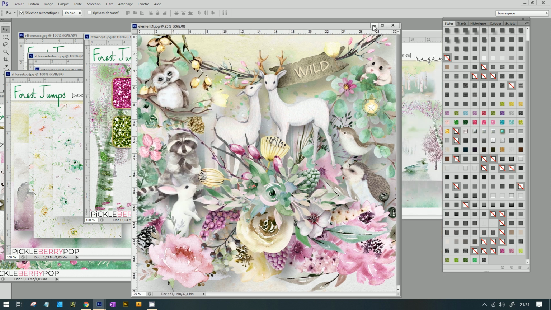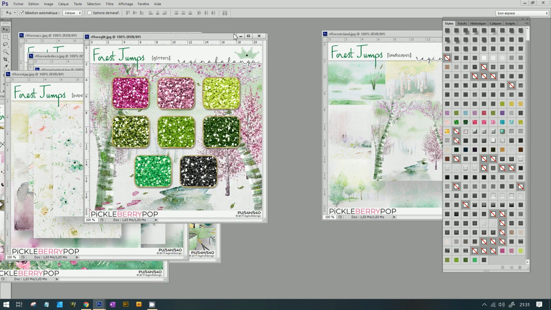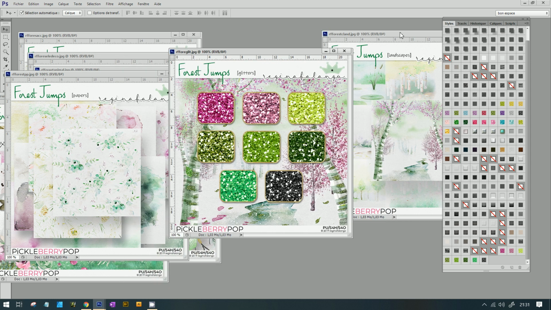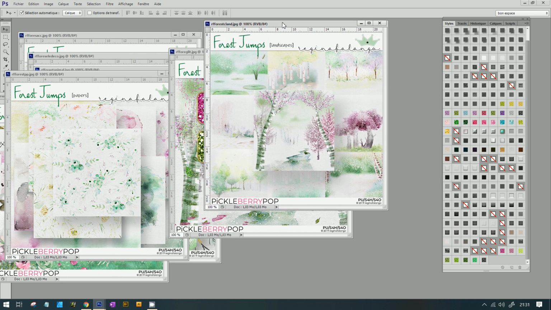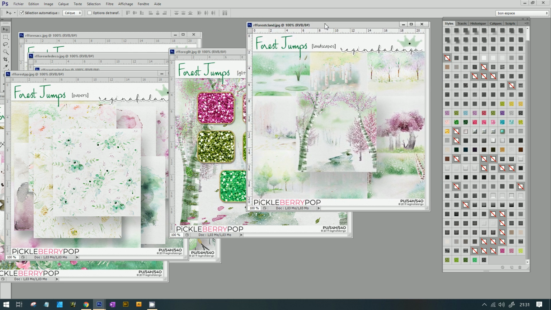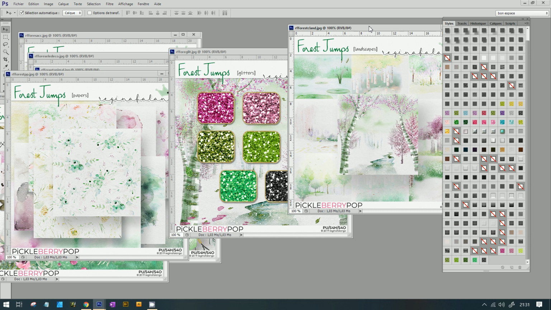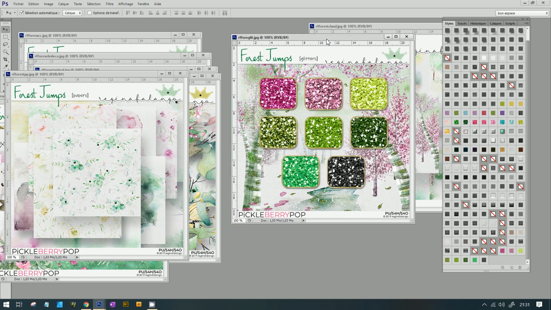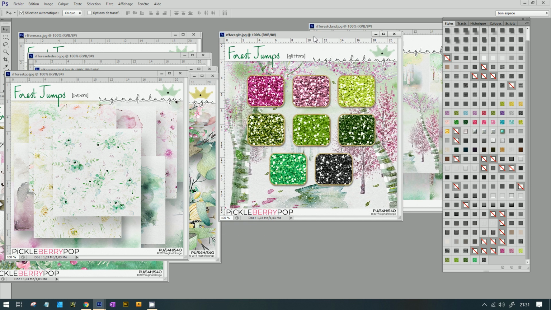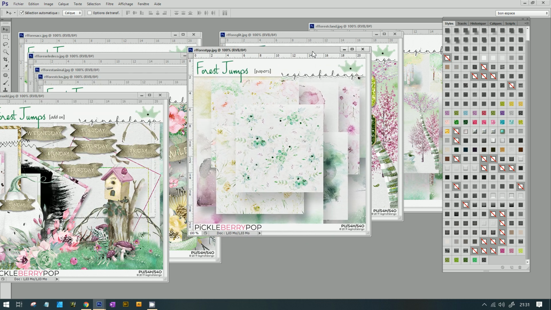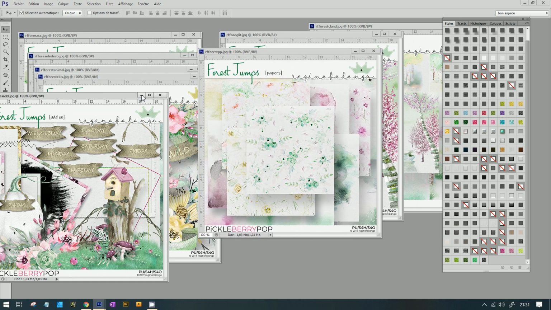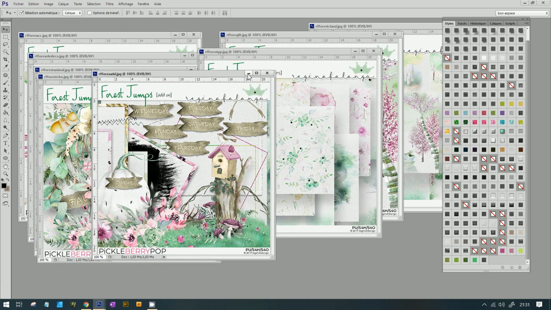I am in love with this collection, and I draw little landscapes to make scenery with the animals. We are going to show you how I work with the glitters.